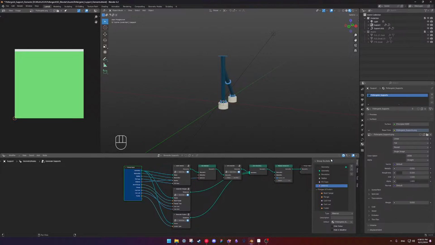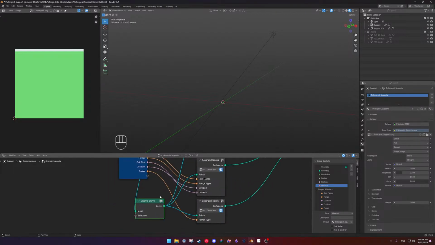Why is this not on? To curve. Mesh to curve. Input geometry is unsupported type curve.